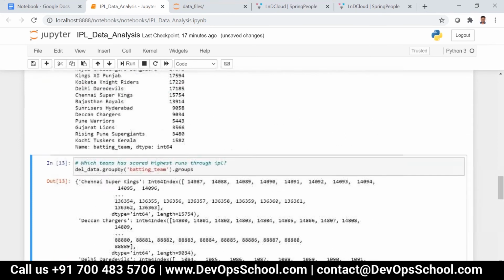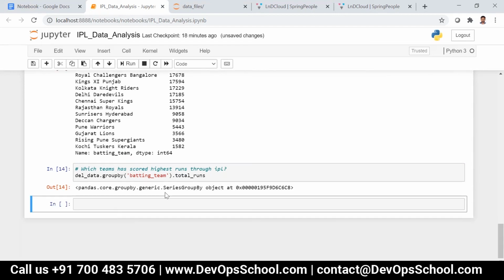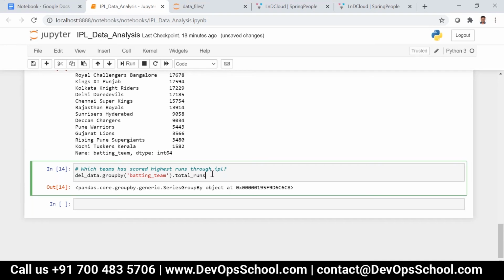So in this particular group, I am selecting only total runs, and then I am finding the sum of all.